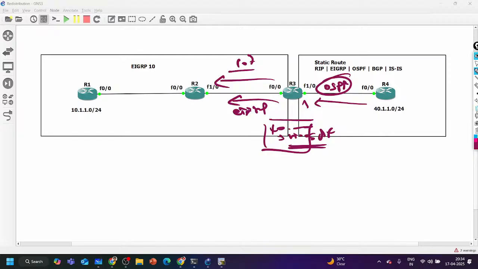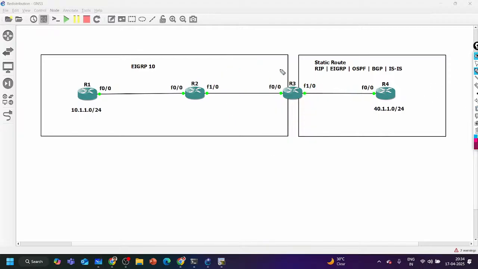Another question, tell me one thing. See, this network, the subnet between router 3 and router 4, 34.1.1.0/24. Will R3 advertise this subnet to router 2 through EIGRP? Tell me at least this. This network is directly connected to R3.